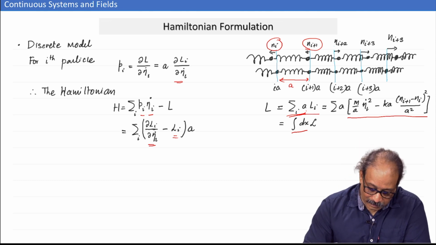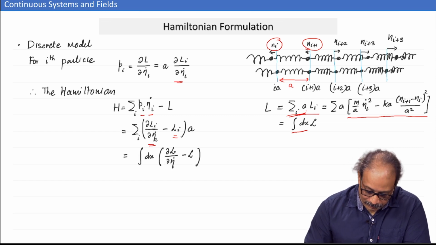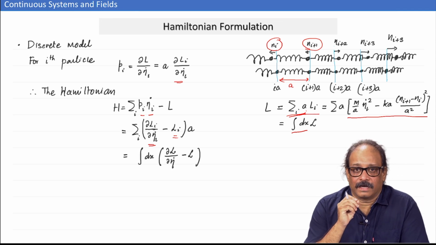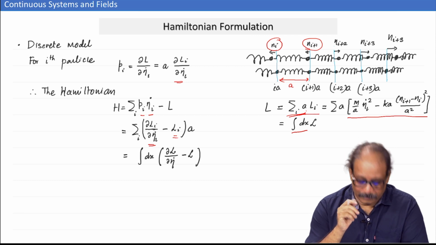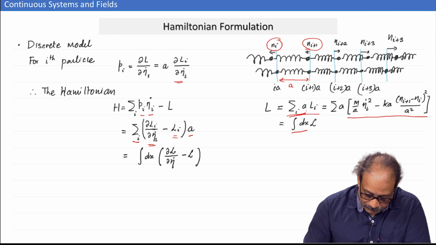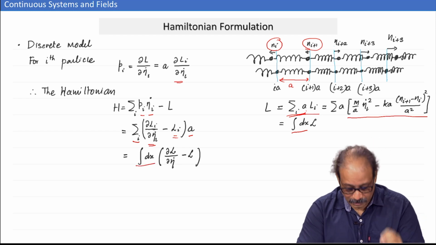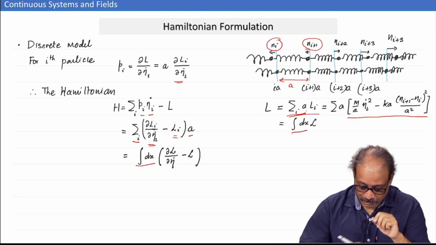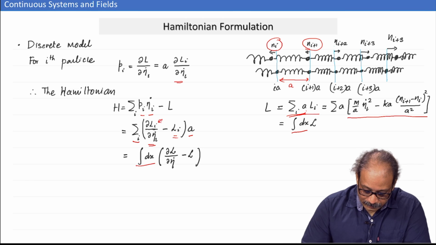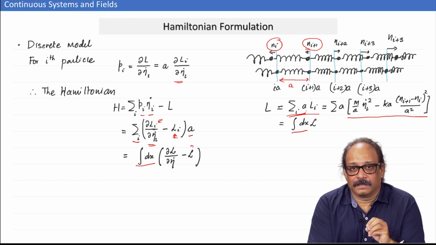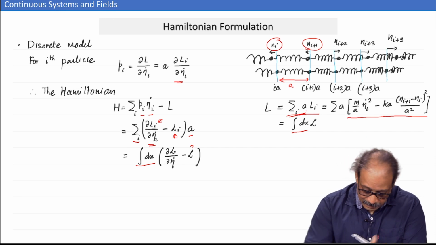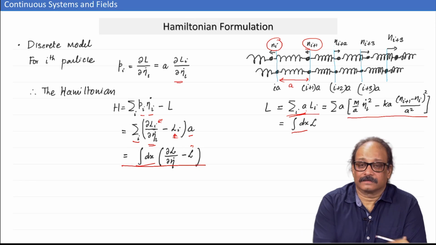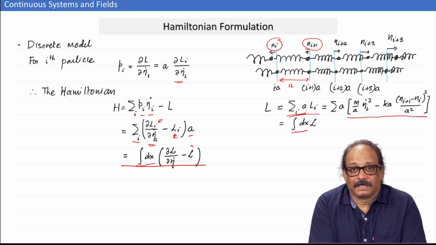Fine. So, here take the same limit, and when you take the limit, the summation over i multiplied by a, this one here together with the summation, will become the integral. Li becomes the Lagrangian density. So, Li here and Li here will be replaced by the Lagrangian densities, and eta i basically becomes the field variable eta of x, and then I can write this like this. And now it has a structure of Hamiltonian density.